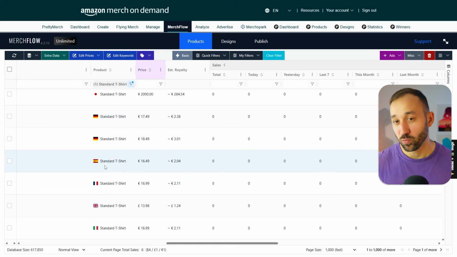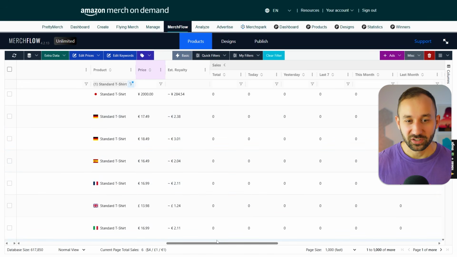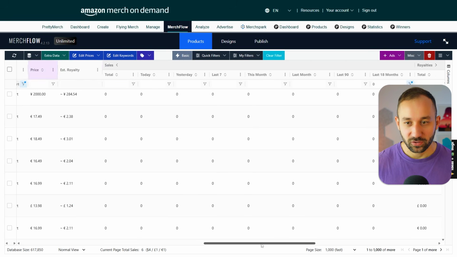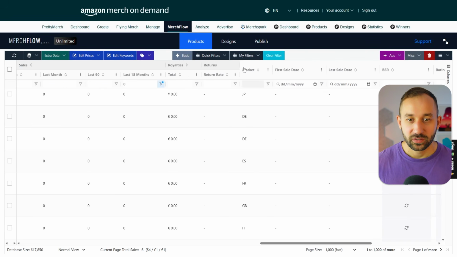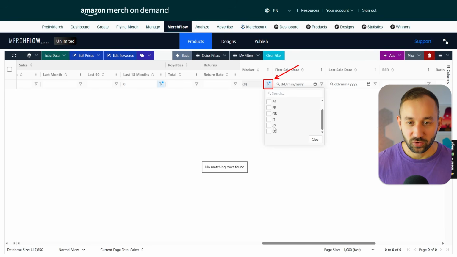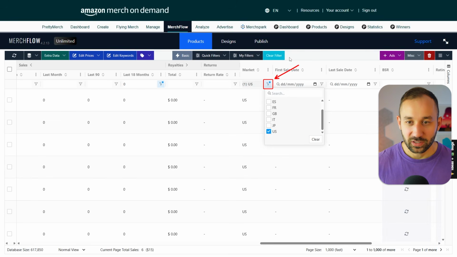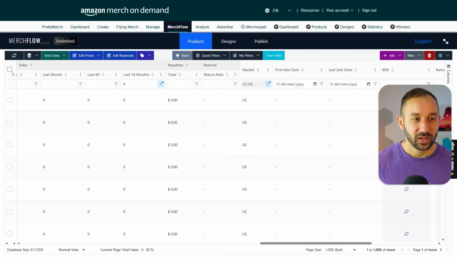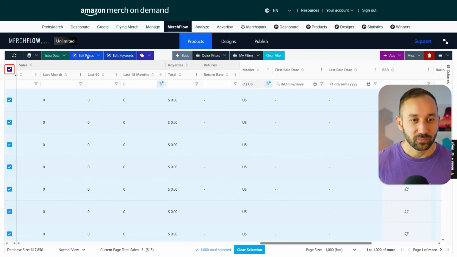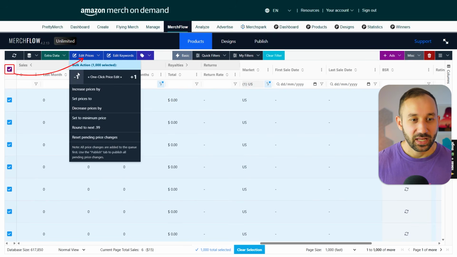So if you only wanted to filter out the US, for example, then you could scroll across to the right a little bit further until you see the market bracket right here. So we can click on this filter, deselect these, and then choose just the US right here. And now if you wanted to make edits to these, you can select all on this page on the left hand side. You could click edit prices, and then you could quickly say, take $1 off it or increase it